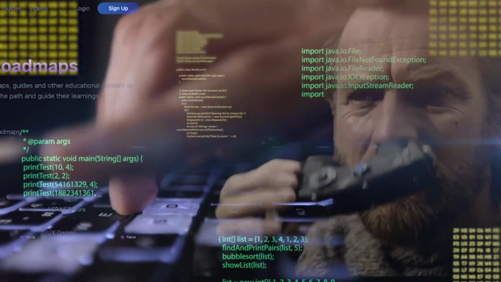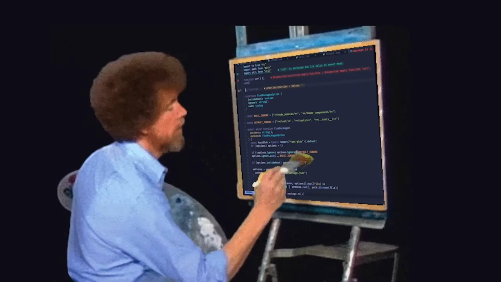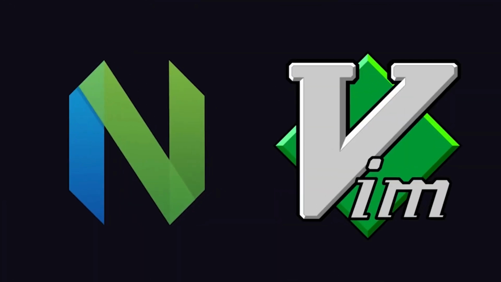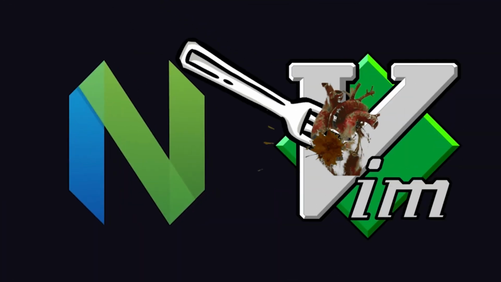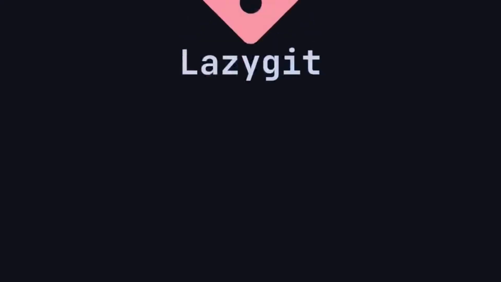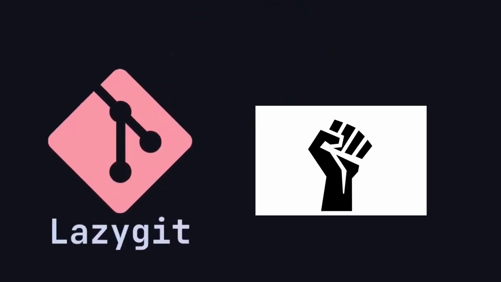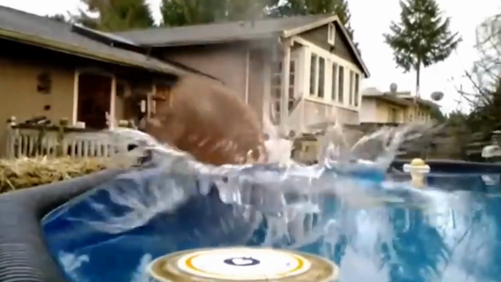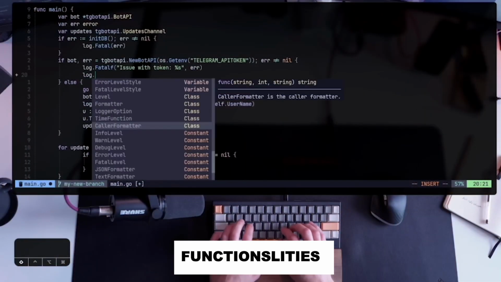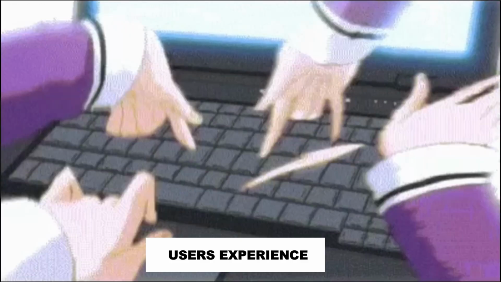Have you ever felt like juggling Git commands inside Neovim is more of a puzzle than a part of your programming prowess? Well, you're not alone. In today's exploration, we're venturing into the heart of Neovim's ecosystem to unravel the mysteries of two standout Git plugins, Lazygit and Fugitive. We'll dive into the nitty-gritty of their functionalities, user experience, and the magic they bring to your